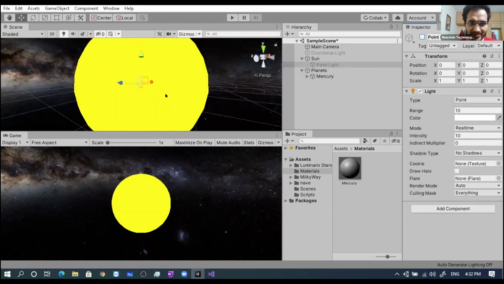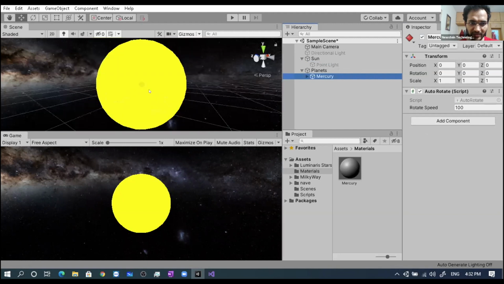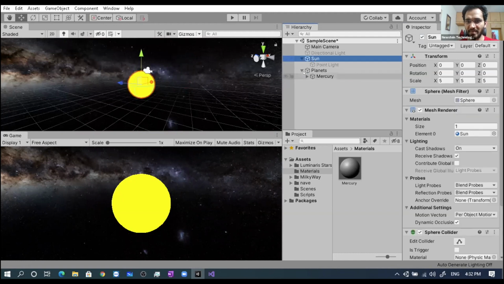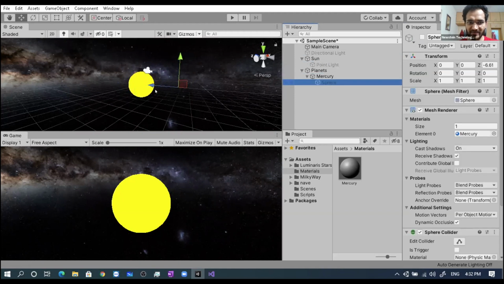So you can see this red dot, which we assigned to Mercury, is coming at the center of the sun, because it is at 0, 0, 0 position, where we have placed the sun. And inside this, I have this sphere, which is 6.61 units away.